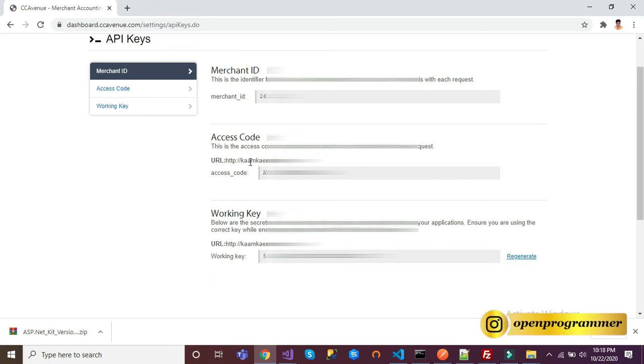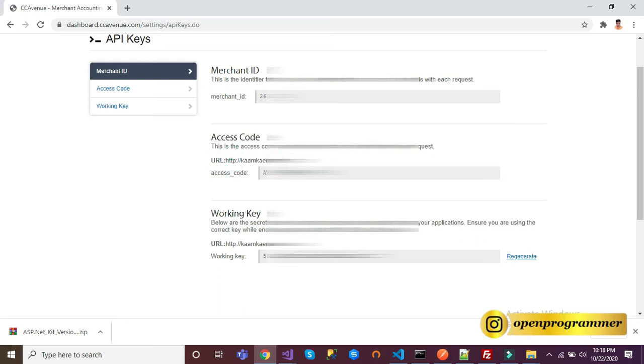For example, here it is kamkaengineer.com. So if I hit CC Avenue from this particular URL, I'll get a response. But apart from this URL, if I hit the CC Avenue gateway, I'll not get the response, right? So whatever URL you pass, only through that particular URL will you hit CC Avenue and get the proper response. So you have to pass this only.